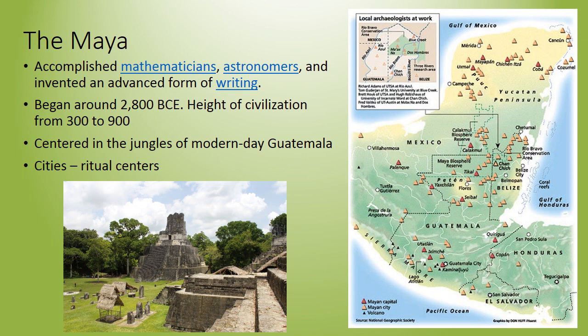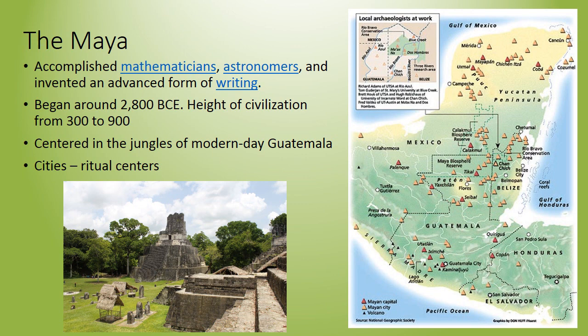And up in the north towards the Yucatan Peninsula is a little different geography than what's in Guatemala. It's the jungles of Guatemala where the Mayans came about. You can see this picture down at the bottom of some of the Mayan temples. I actually took this picture. You can see that their pyramids served a large function in their cities. The Mayans developed massive cities,